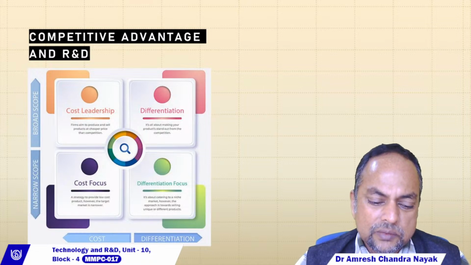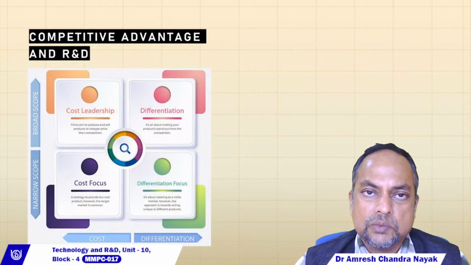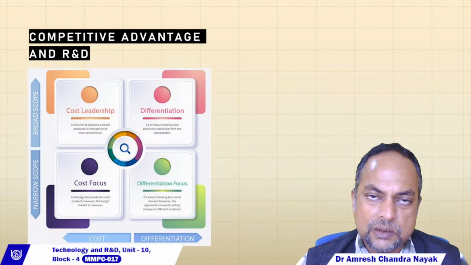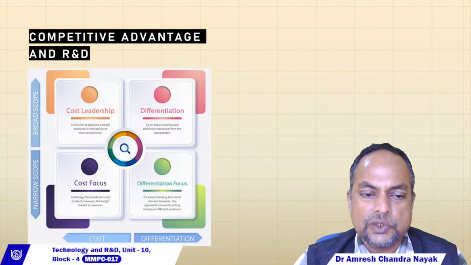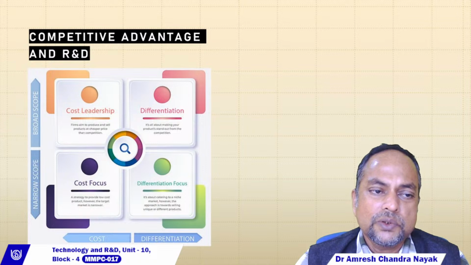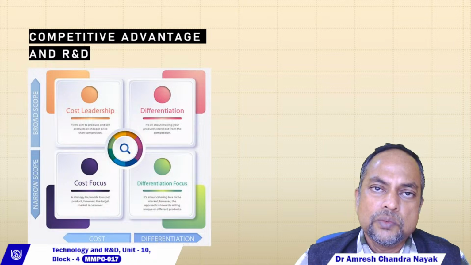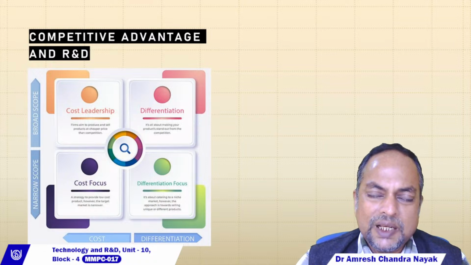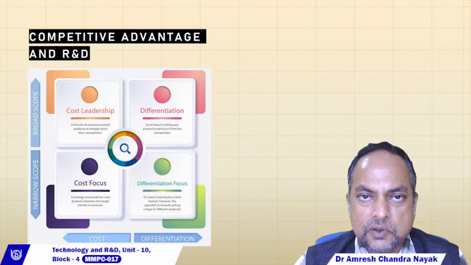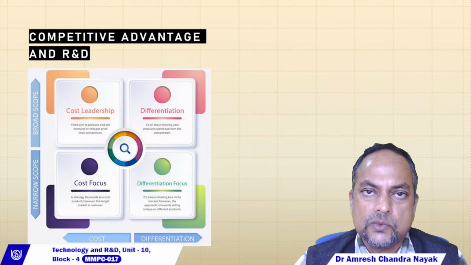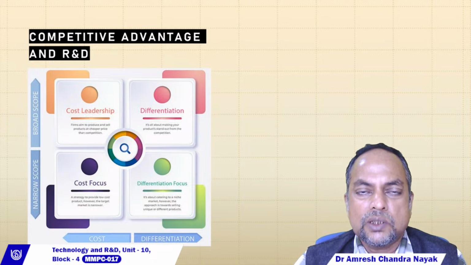right? And whenever we talk of Porter's model of competitive strategies, we focus on three different approaches, right? One is the cost leadership approach, the differentiation approach, and the focus approach. Right? The cost leadership approach says you need to sell the products at a very cheaper price. The basic objective or strategy that organizations need to focus on is the reduction of cost. Cost of production should be reduced